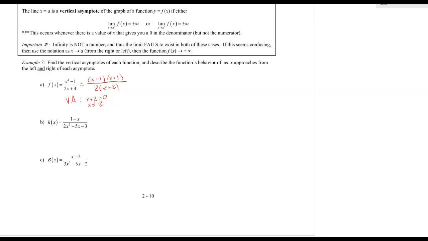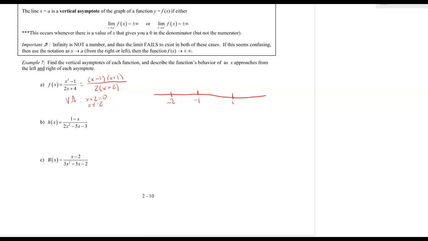So now, to decide what my behavior as it approaches negative 2 looks like, I can draw a graph, or we can go back in the day and look at something called sign charts. We talked briefly about sign charts last year. I'm not going to say that we talked about them very in-depth, but we definitely did talk about them. You want to put all your critical values on that number line. That does involve the factors up top and the factors on bottom, whatever makes each piece equal 0,